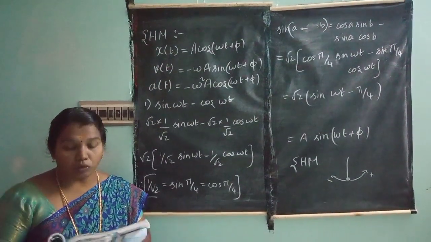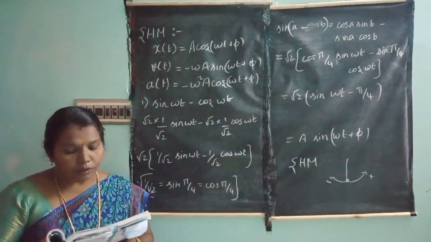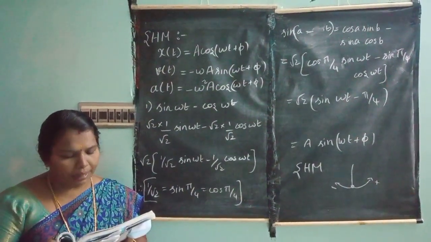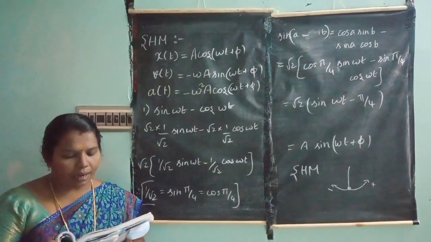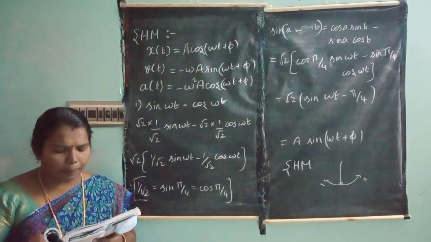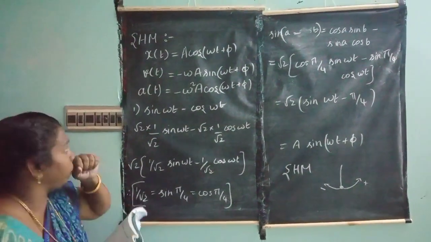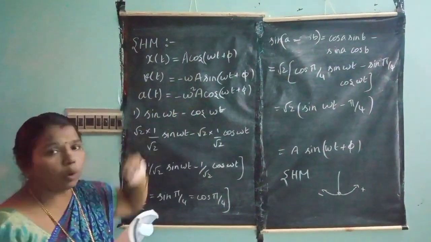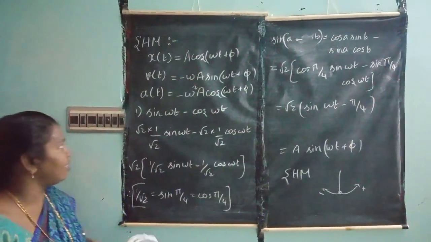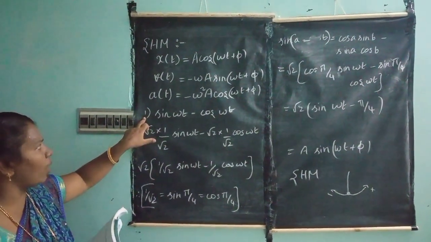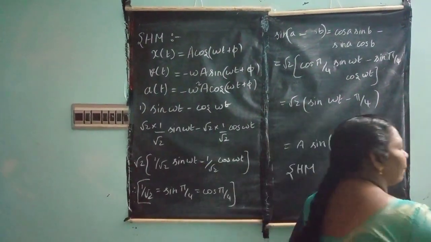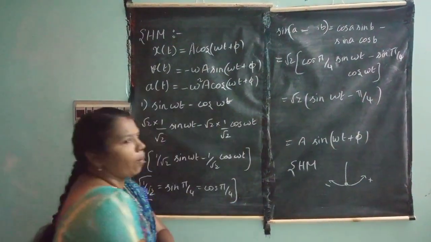Now, I will read the questions. See here, 14.4. Which of the following functions of time represents simple harmonic, periodic but not simple harmonic, and non-periodic motions? Give the period for each case of simple periodic motion, and take this omega as a positive constant. The first one they have given is sin omega t minus cos omega t. This is the problem they have given.